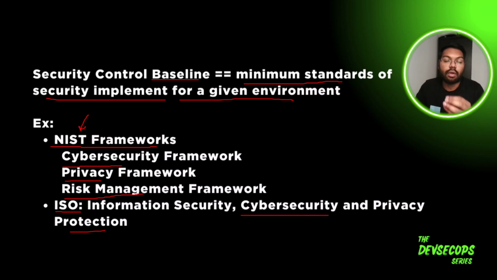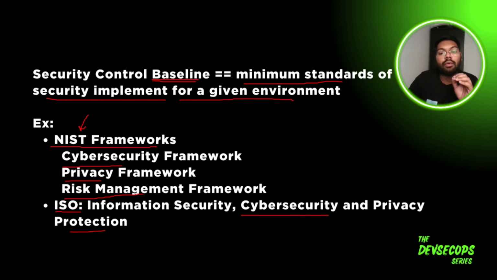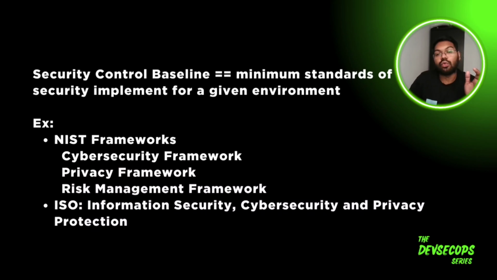Or let's say if you have a cloud application, then it should at least have these features or these security controls, which are called baseline controls, so that we can be sure that whatever information or data we are giving to you, or money we are giving to you, is in safe hands. Okay. Which is not easily breachable. So that is the minimum expectation from you. That is called the security control baseline, minimum standards. So you need to know about these things. Okay. Why are these things important, and what would they do in order to secure your applications?